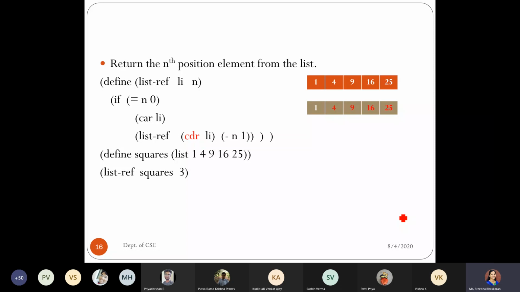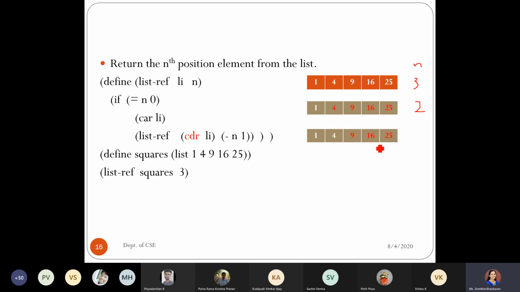So reducing the list, 4, 9, 16, 25 will be the contents which you will be having in the Li. Along with this, my n value is being reduced. So each time, first time the n value was 3. Next time, it is 2.